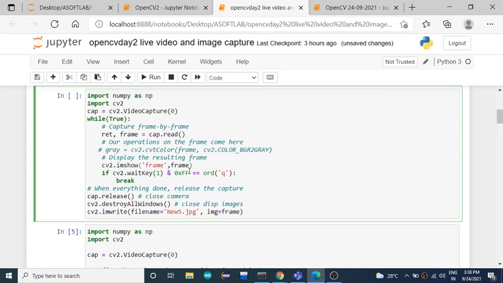Okay, so next is the cv2.imshow. As soon as you use it, we have to specify the wait key and the destroy function, right? So this method will define that as soon as you press the letter Q, lowercase q, it will stop capturing the image, stop capturing the frame, and the last frame which is captured will be stored. Okay, and that will be stored by the name new